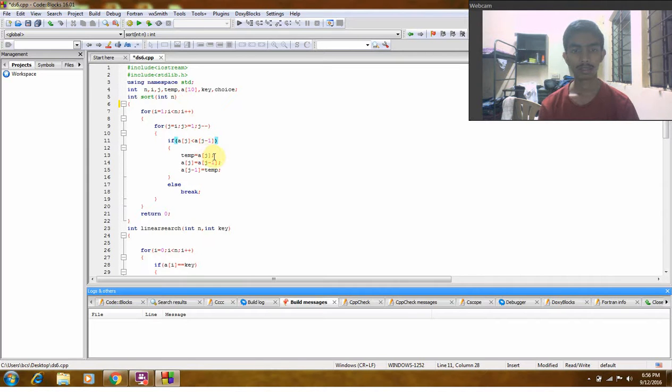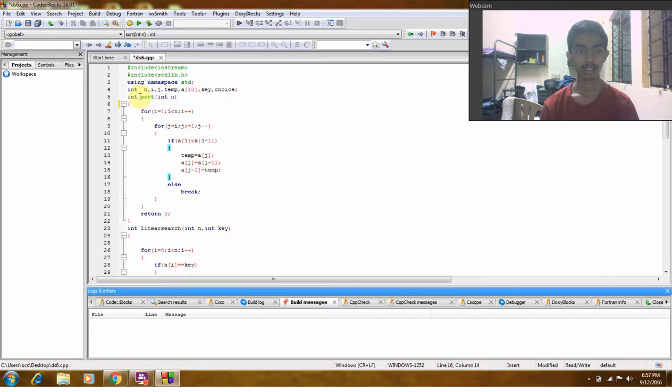The temporary variable stores the value of a[j], a[j-1]'s value is given to a[j], and a[j-1] gets temp's value, that is a[j]. So here swapping happens and the array is sorted. This is repeatedly done until the full array is sorted, and break is used to come out of the loop.